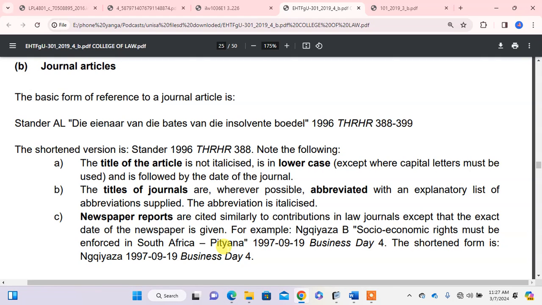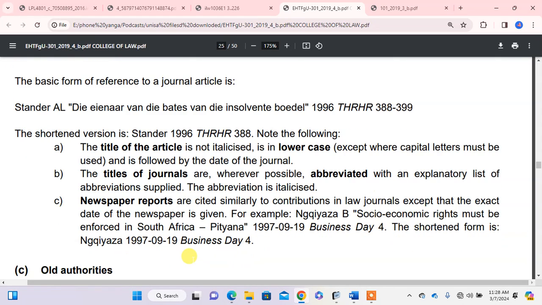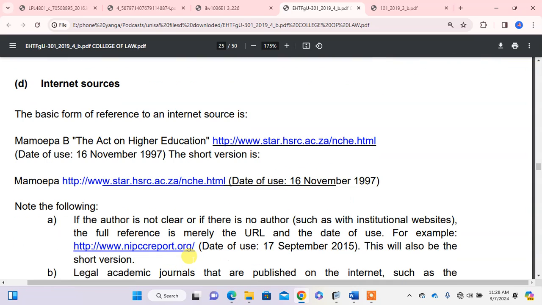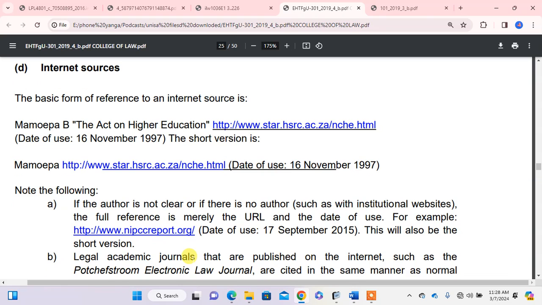Then we go straight to the internet sources. The journals, I'll teach you the other day how to reference most of the journals, or you can actually find the journal and then you go to the comments and say, how can I reference this journal? We will help you to reference certain journals, because there are thousands and plenty of journal articles. For the internet source, you must never forget, you have to write the person who authored the source. Then you give where you have found the source, and it should be one that you can click. So you copy the link and paste, and the link must always be in this color to show that it's clickable, where they can just click and go to the